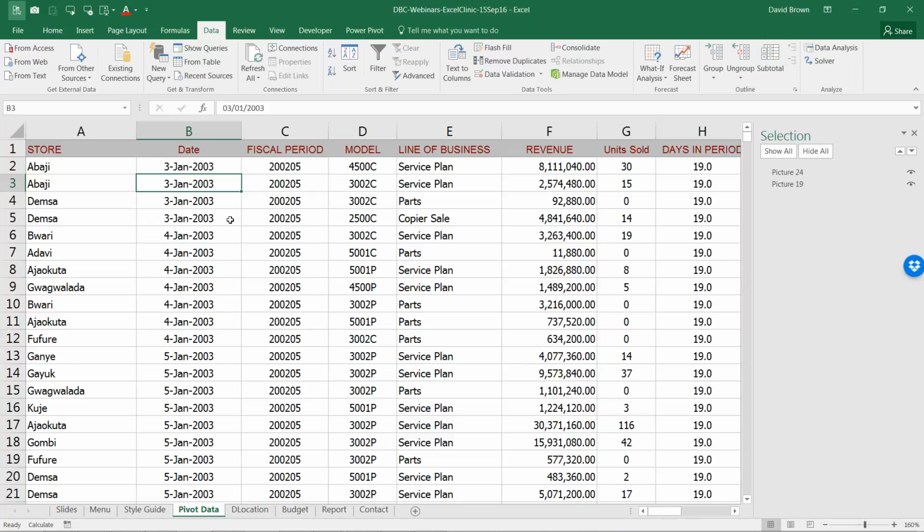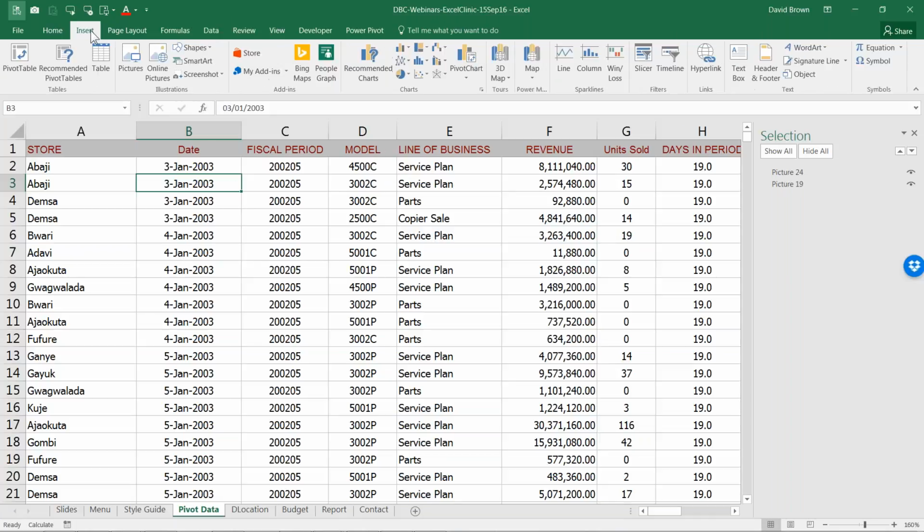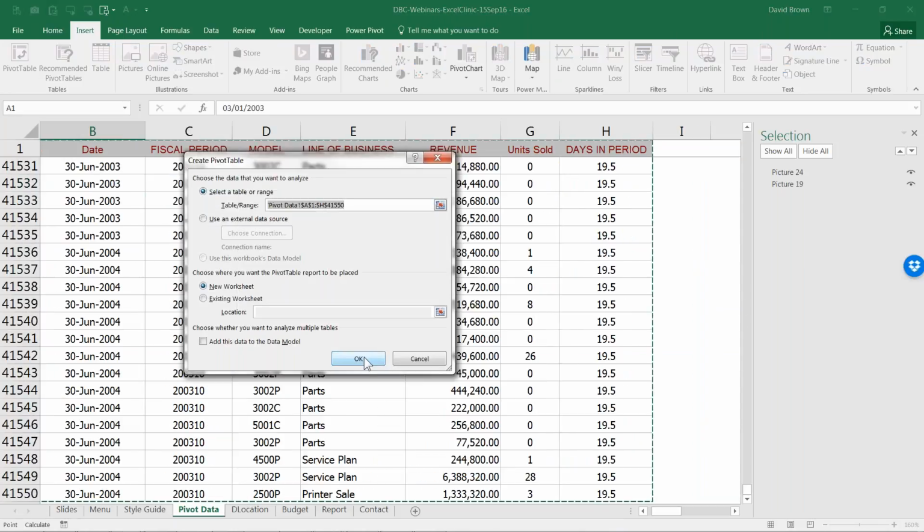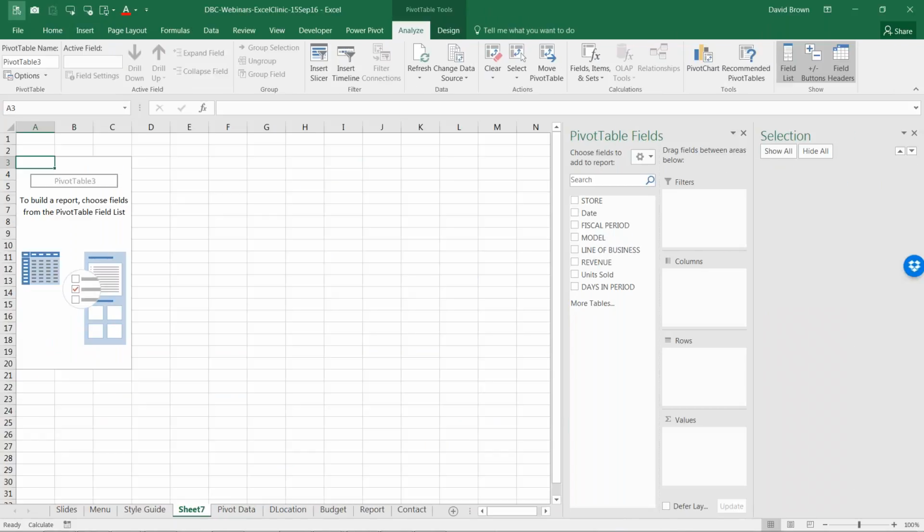But before I create a report, we're just going to create a simple pivot table very quickly. How you do that is you go to Insert, then Pivot Table, and you just click OK. Your data has to be there, obviously, and your data must be clean and in a flat file format. Now, I have a pivot table. Your pivot table has 4 buckets: filter bucket, column bucket, row bucket, and value bucket.